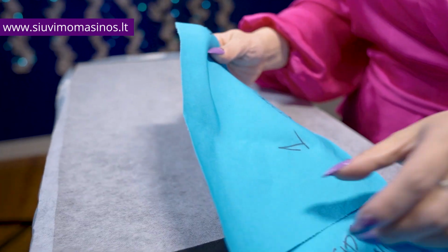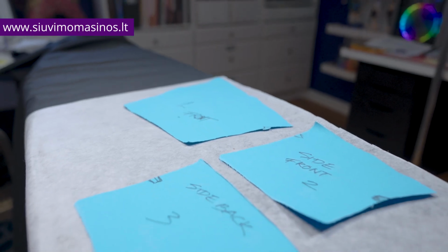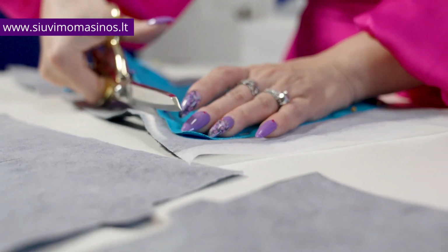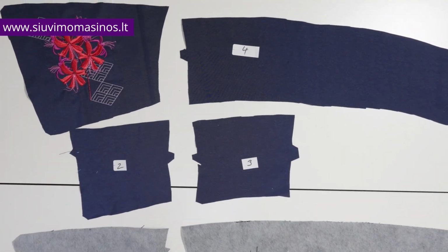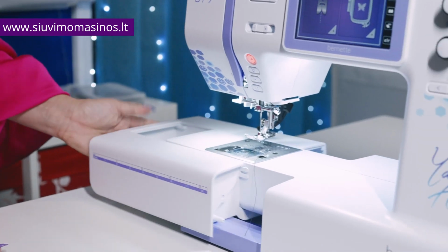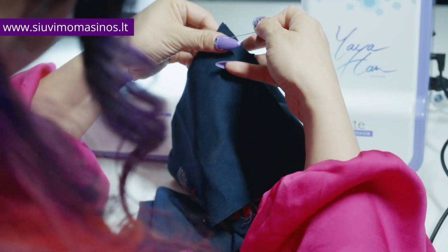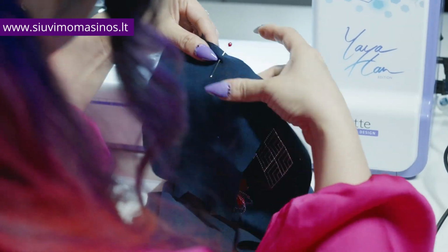Then I placed the pattern on the interfacing in the same direction as the outer layer and cut out 4 lining pieces as well. Be sure to mark your pieces so you don't lose track of them. Since the B79 Yaya Han Edition is a dual machine, it only took a minute to change it back to sewing mode. Next, I pinned the outer layer following the notches